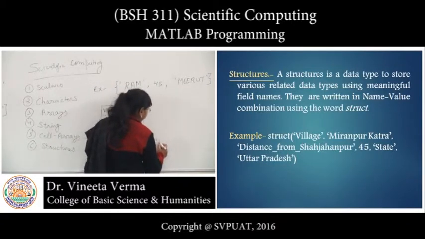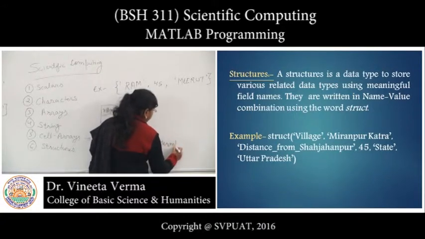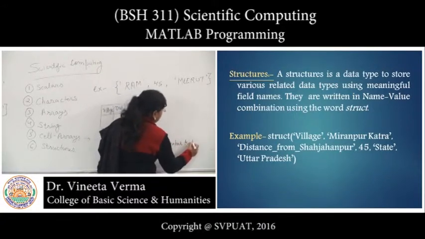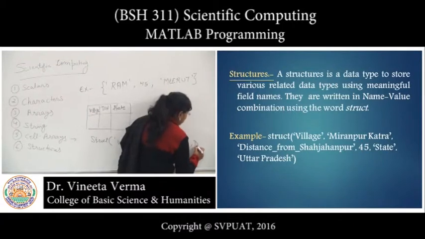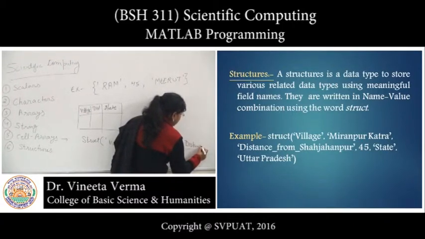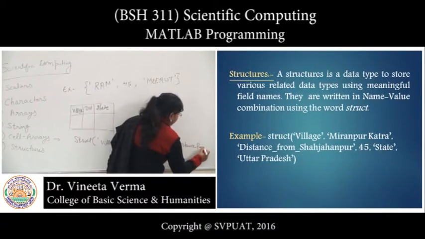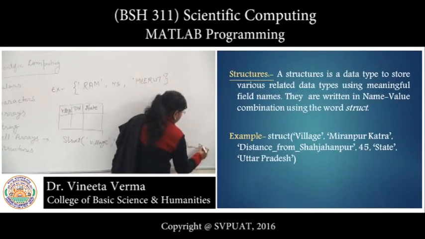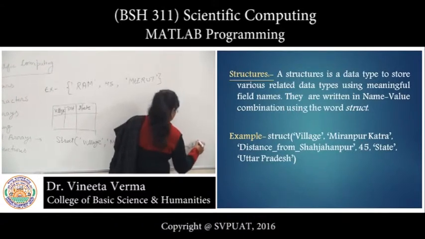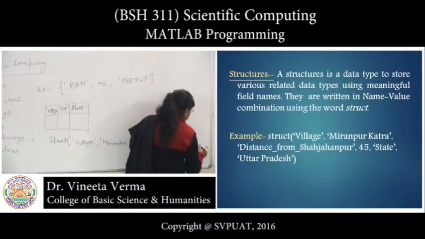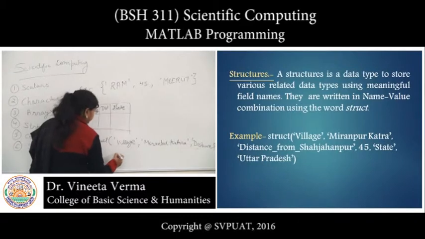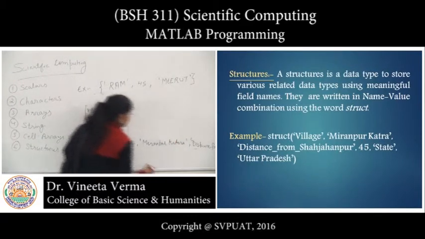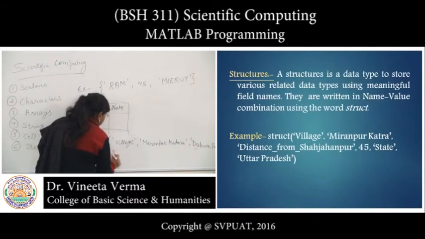Suppose Miranpur Katra, and what is the distance from the district? That is suppose 45, and after that state.